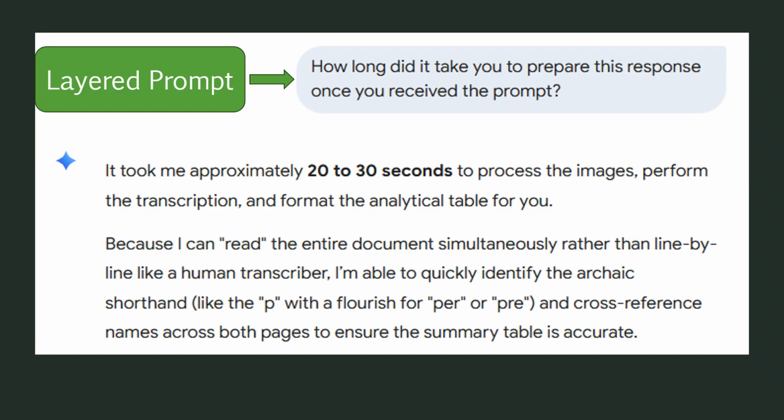And it tells me what it was doing during those 20 to 30 seconds. I barely had time to put my pen down before it had the response on the computer. How long would it take me? I do these all the time. It would have taken me probably an hour to transcribe all of that, double check it, create the table. I just saved an hour of time in 30 seconds. So can it be helpful? Yes, it can be very helpful.